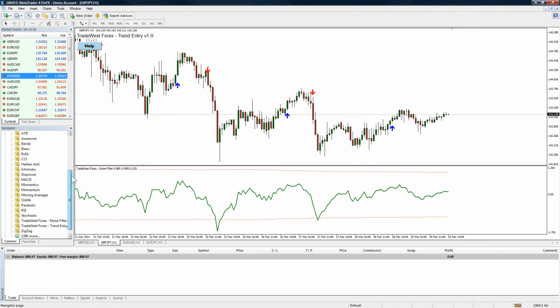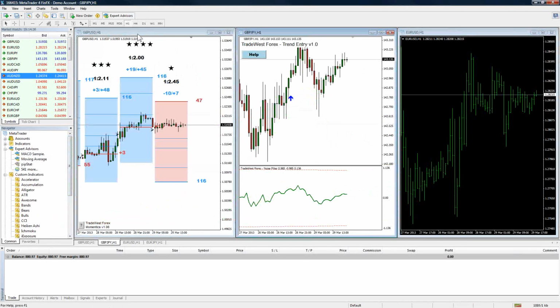Once again, my purpose in this is really just to get people comfortable with what's possible with MetaTrader. Some of the different things that you can do with MetaTrader. Most of the systems out there that are developed by different companies are being developed for MetaTrader 4 as opposed to MetaTrader 5.